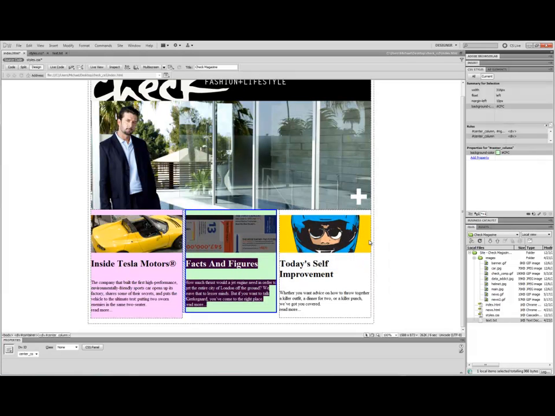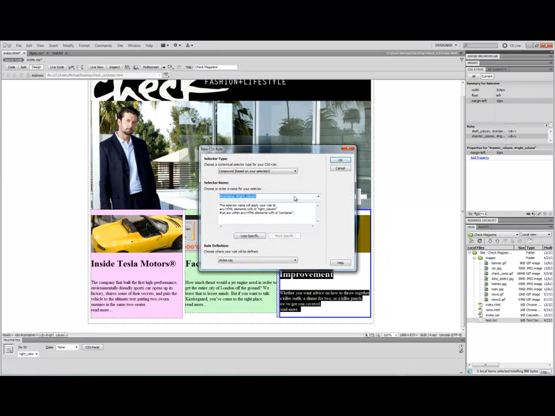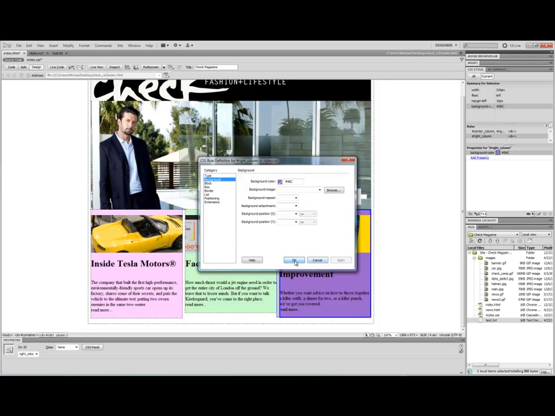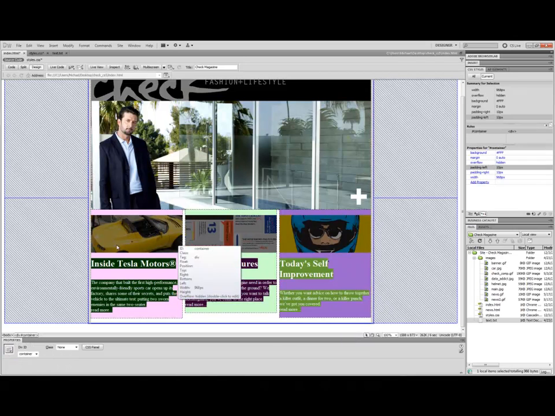And I can go to my third one and I can create a new rule, less specific for the right column, and I can go into my background and make this a third color, let's say this purplish color, darker purple. And now we see I have complete control over these three